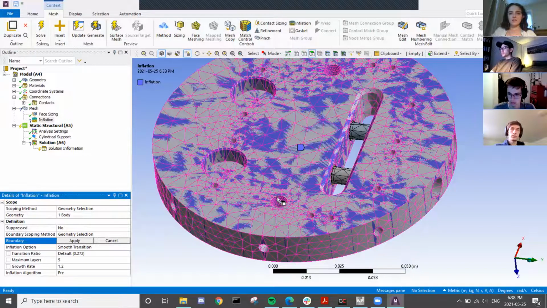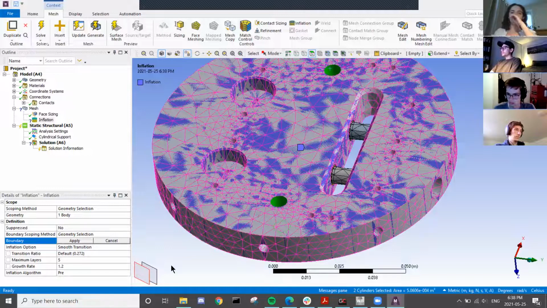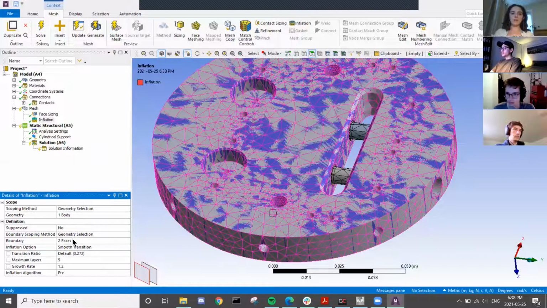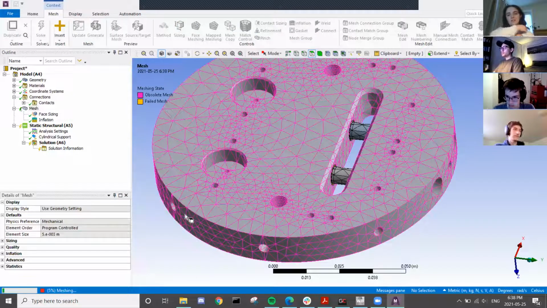Boundary is the eyebolt holes. Apply. And I changed the layers to 3, basically because 5 was not working. And then if you hit generate,